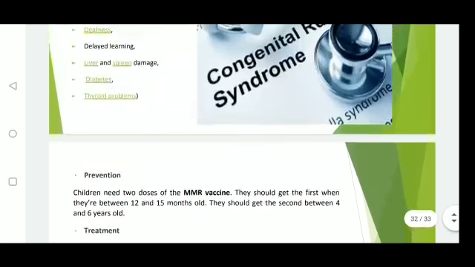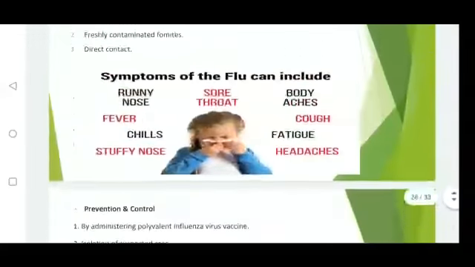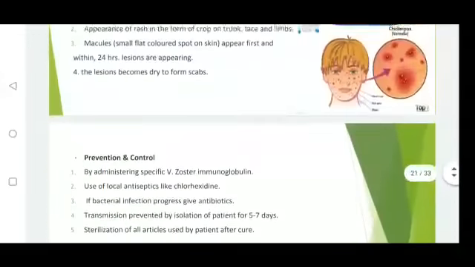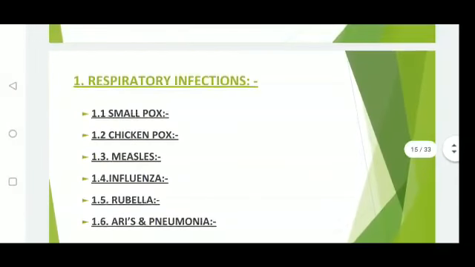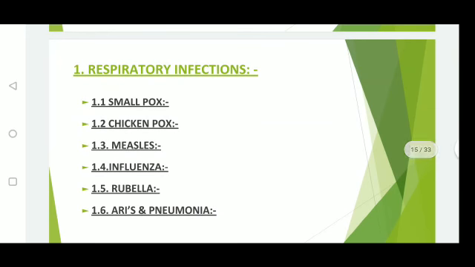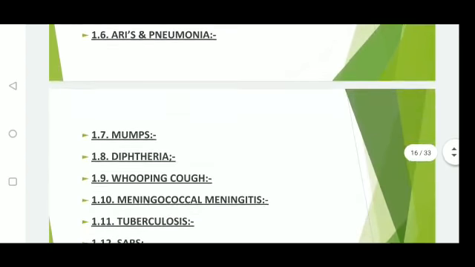Up to this much you may have understood. We have learned about respiratory infections, five of them: the first is smallpox, second is chickenpox, third is measles, fourth is influenza, and the fifth is rubella. I hope you all understood. And in the next class we'll go on to deal with the other types of